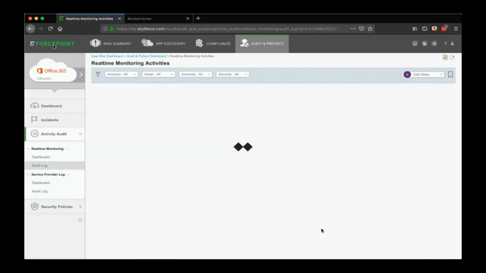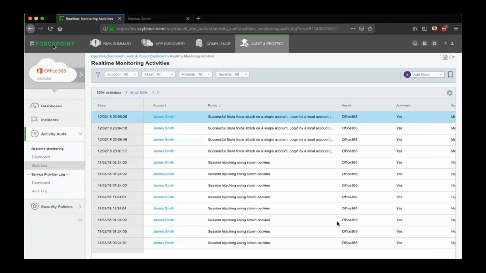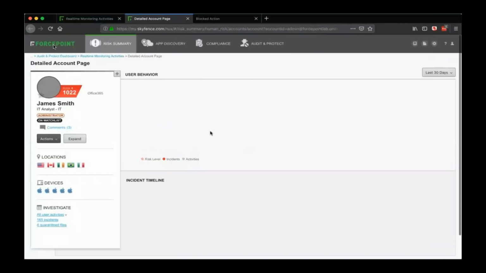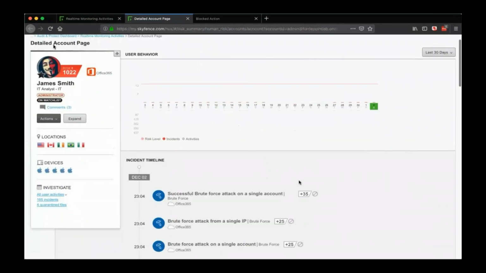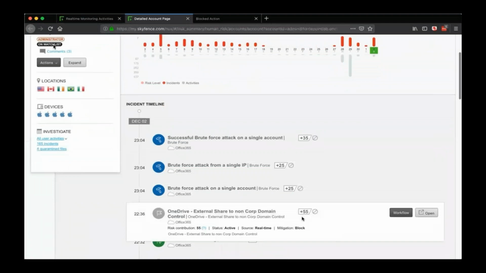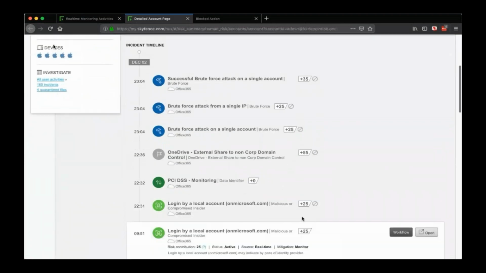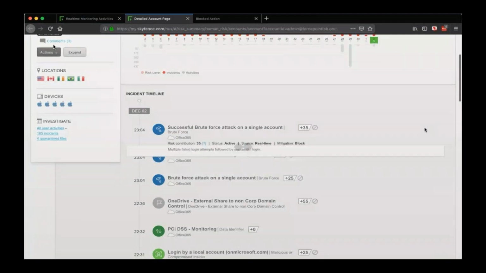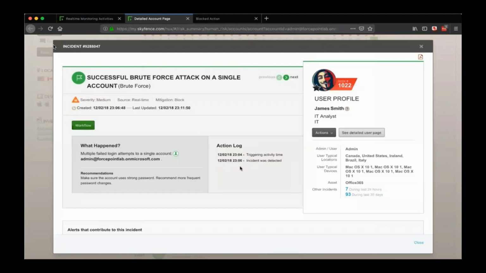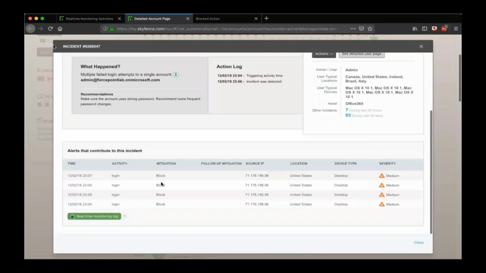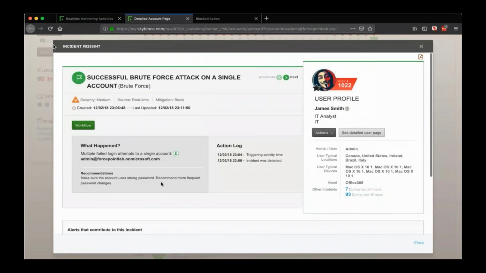So all of our customers that buy our CASB get all of this user behavior analytics out of the box. And like the media company, if you don't necessarily have the resources to have lots of people to manage your CASB, then that is the point, right? The point is this stuff just works in the background. We don't want to show you a lot of noise. We want to just tell you that somebody's under attack. You can see from the interface here how we can show you that over time. This is what happened, some recommendations, the way to create a PDF to send that off to someone, or of course it will integrate with your SIEM or whatever it is.